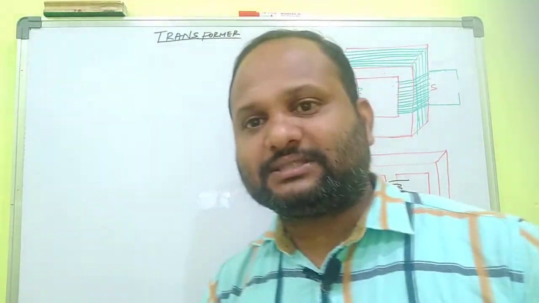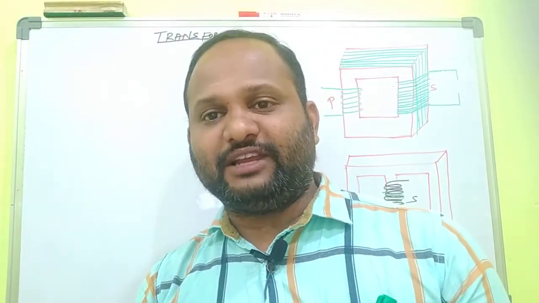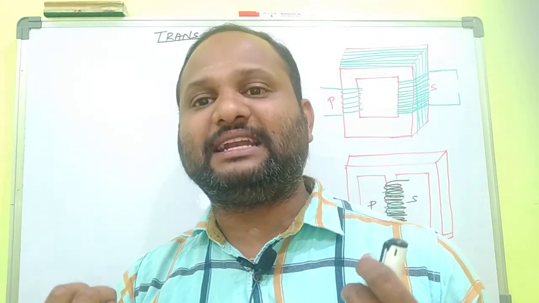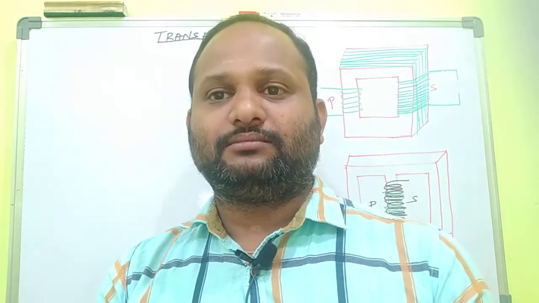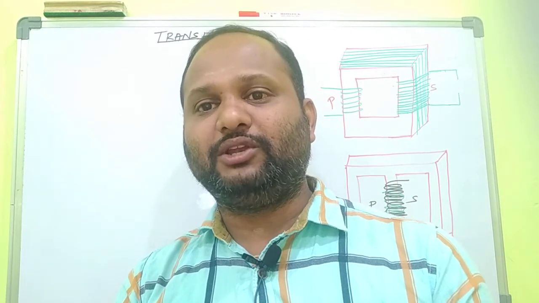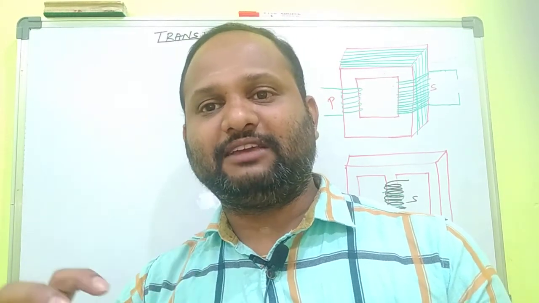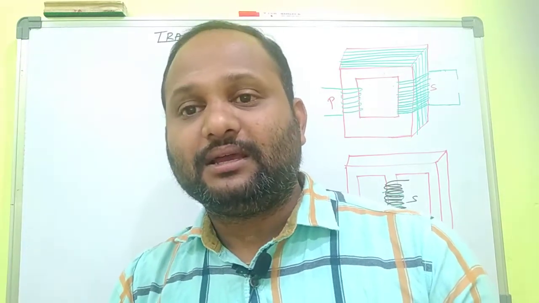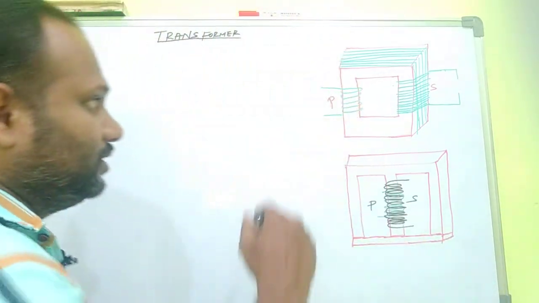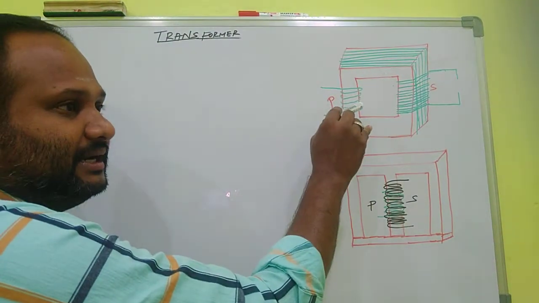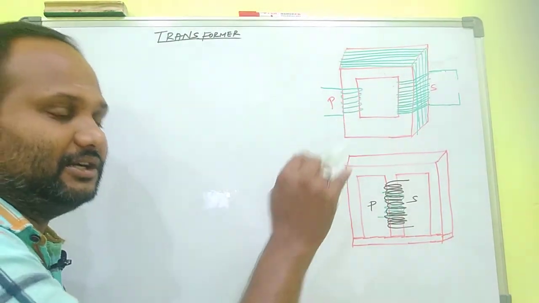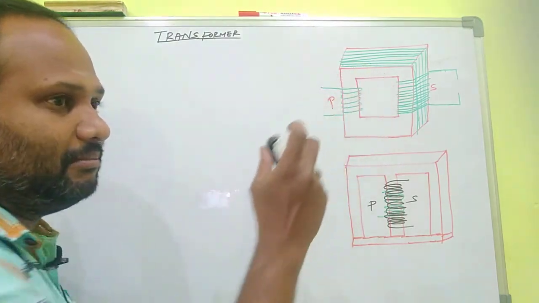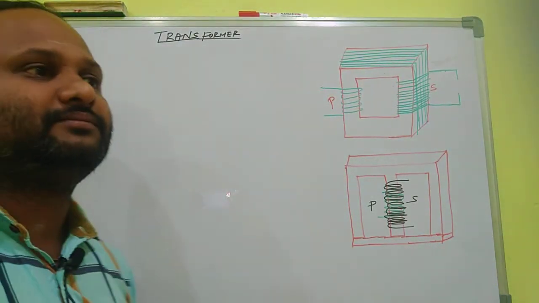When this magnetic field passes through a particular area, it produces what we know very well as magnetic flux, phi equal to B dot A. When the magnetic field passes through some area of cross section, it produces magnetic flux. So due to the passage of alternating, continuously changing current, a continuously changing magnetic flux is produced.